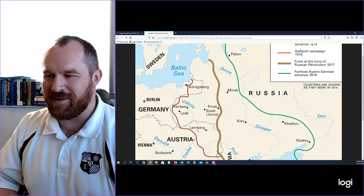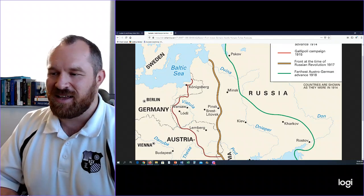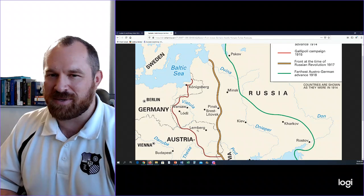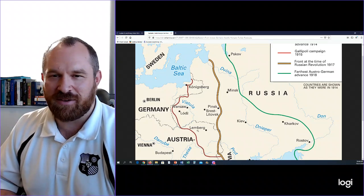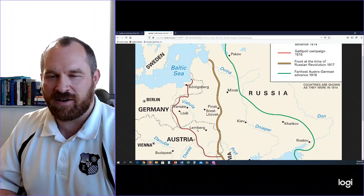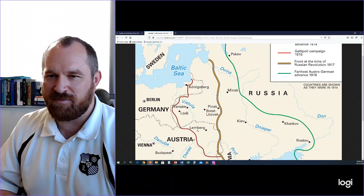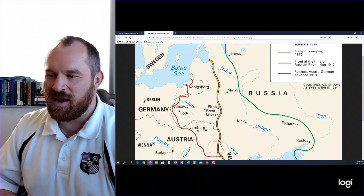The Austrians, probably about a third to half the size, go on the attack against the Russians. And even when the Russians aren't as well equipped, again, we've already talked about the effect of machine guns and artillery and just how people didn't understand how effective they'd be, the Austrians get slaughtered. They get outflanked by the massive amounts of Russians that there are,